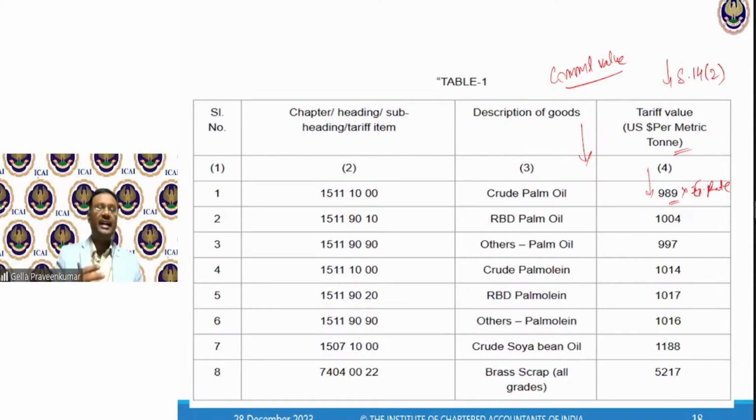Now, in addition to that, if you examine my commercial value, assuming it is 10,000 per barrel, the customs duty they are demanding is on, say, 9,800 per barrel or probably 12,000 per barrel. Now, I cannot challenge: though I'm paying 10,000 to my vendor, why are customs authorities asking me to pay on 12,000 per barrel? This is a policy matter which government is going to decide. Now, who is going to fix? Who is going to play around? This is the $1 million question.